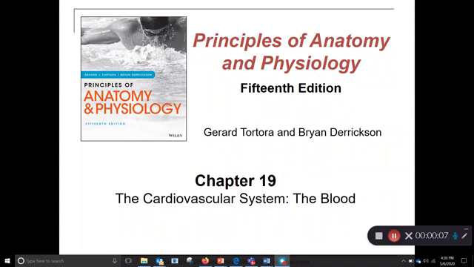Yeah, I can't do that. We're not doing that. Anyways, we are indeed going to be exploring some blood and the characteristics of it and